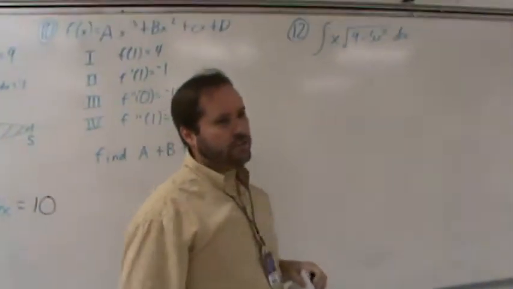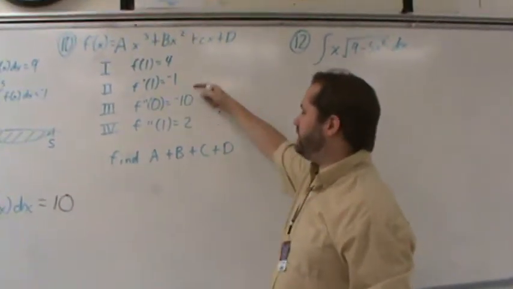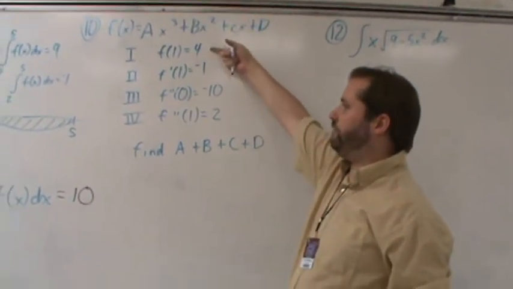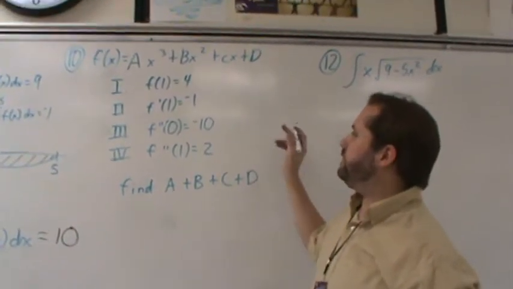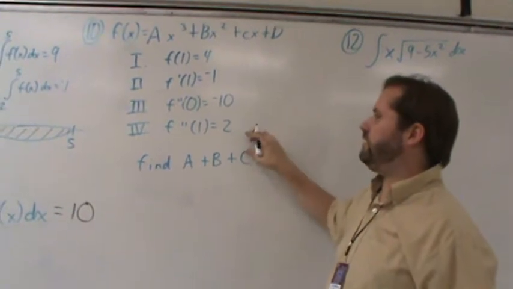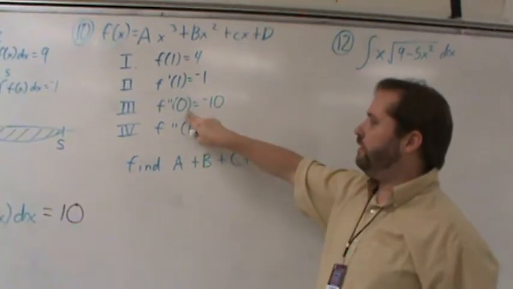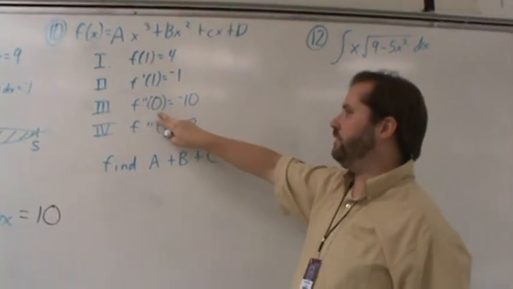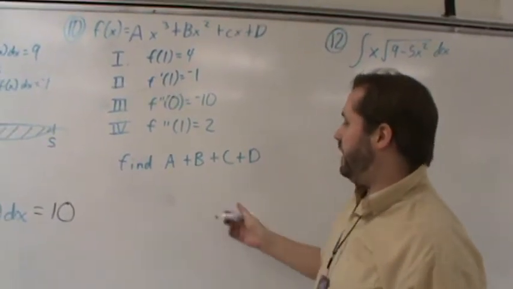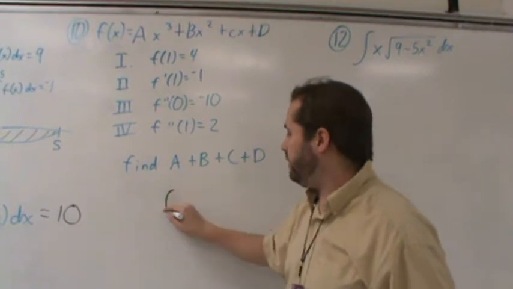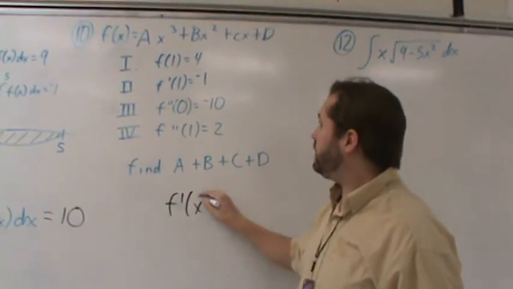Number 10 looks much more difficult than it is. It gives us lots of information about the original function, the first derivative, and the second derivative. We're going to use these things to solve it. So let's begin with item 3. The second derivative at 0 is negative 10. And it might not be apparent why we're going to use that yet, but let's go ahead and figure it out. The first derivative is going to be